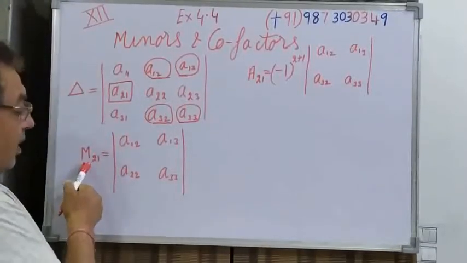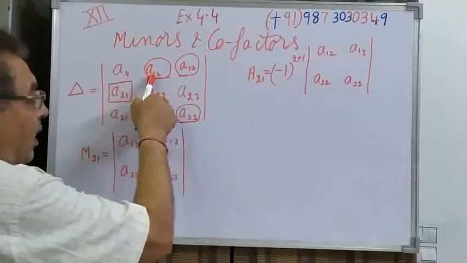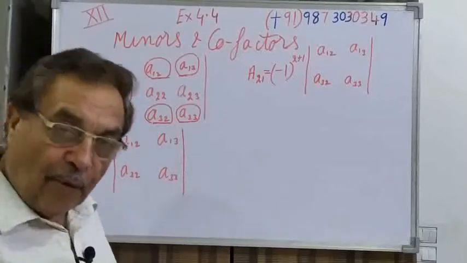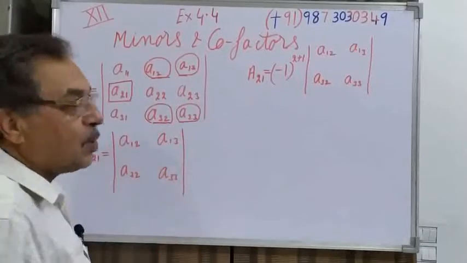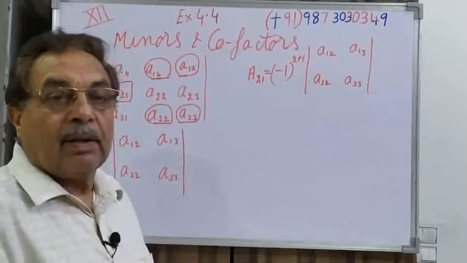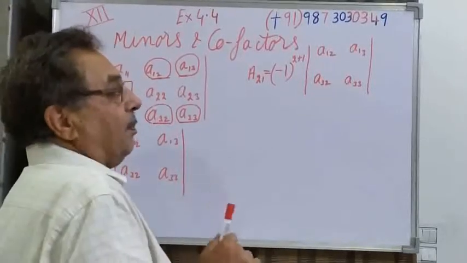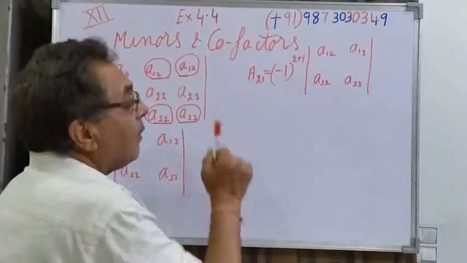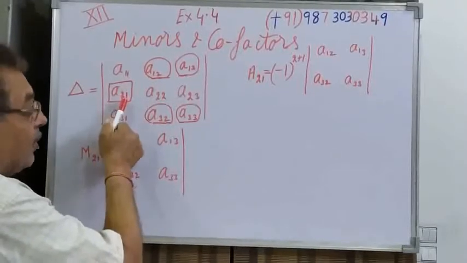So this is a minor, it is generally represented by capital M, minor of A21, that is A12, A13, A32, A33. Now next comes what is the cofactor of the A21? The difference between the minor and the cofactor is only that cofactors have got the sign along with them. Certain get the negative sign and the other gets the positive sign. If we give the negative or positive sign properly to a minor, we get the cofactor. For example, I want the cofactor of A21.